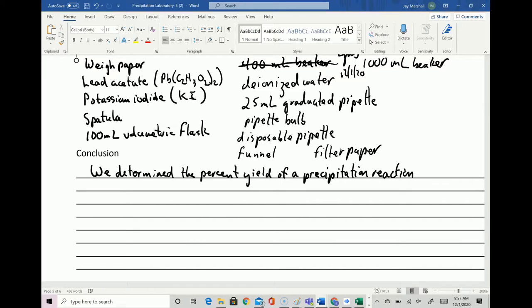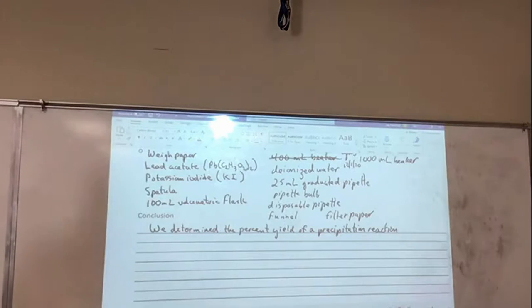But we want to add a little bit more information here than what we added in the title. Specify which precipitation reaction you did. I want to add in the fact that it wasn't just any old precipitation reaction. I want to tell you what the precipitation reaction was. So how might we say that? We determined the percent yield of a precipitation reaction of lead acetate, and that's right. It's the precipitation reaction between or of something. The precipitation reaction